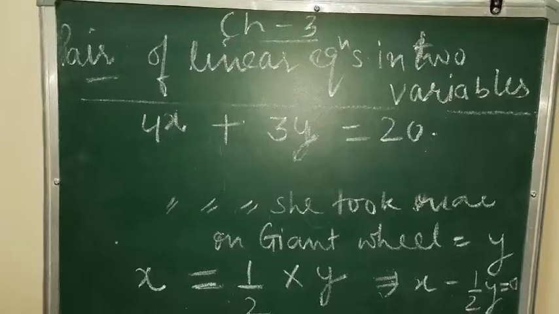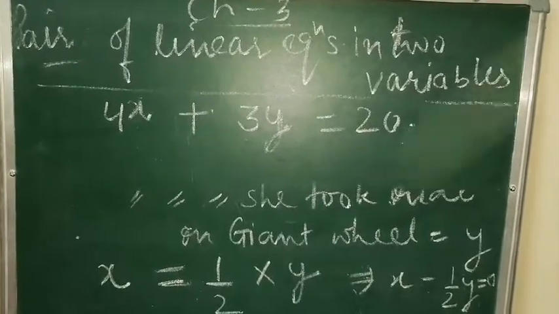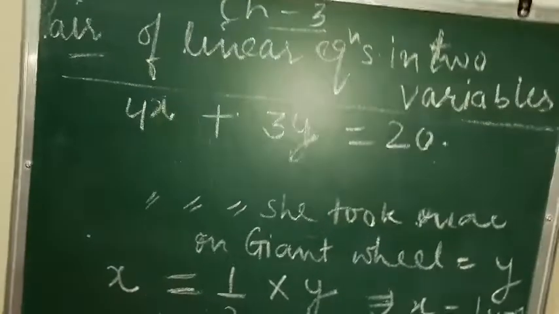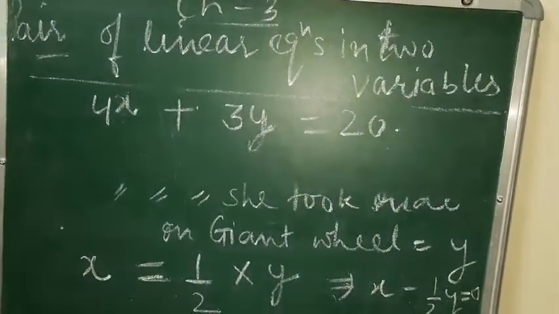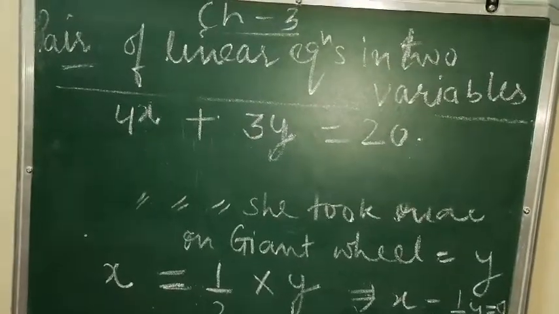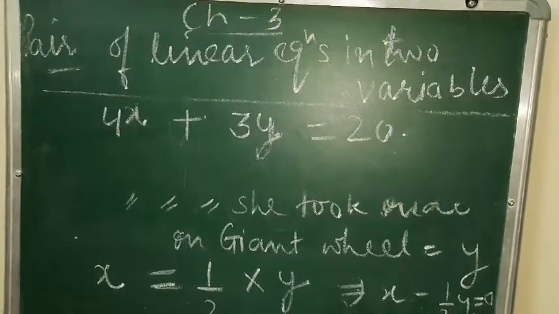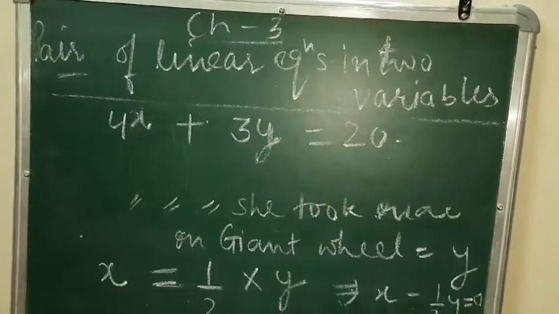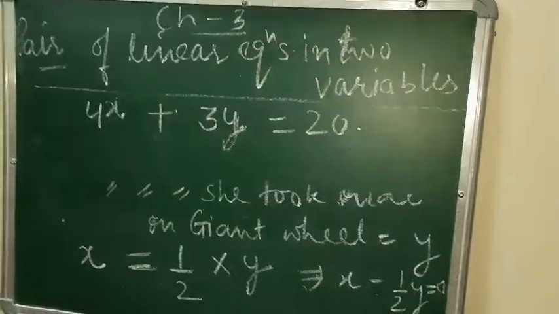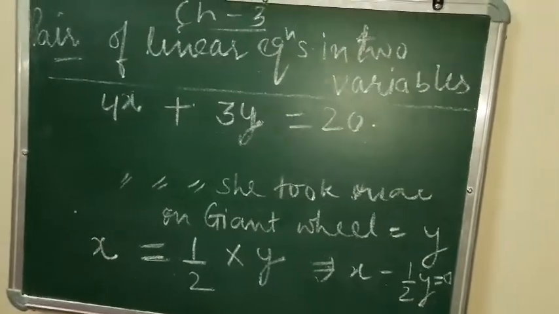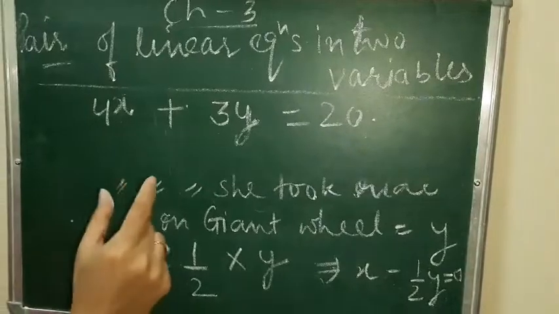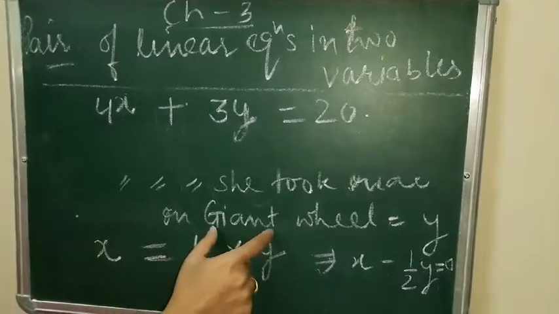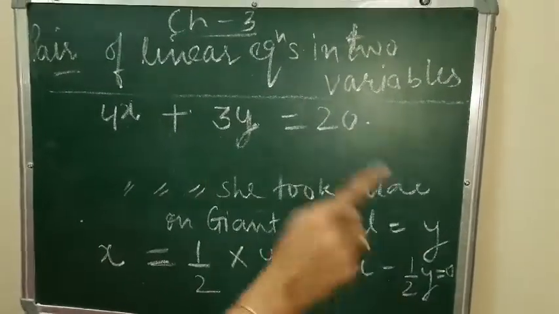Again I am repeating the question. Akhila is a girl. She went to a fair in her village, and in that fair she has enjoyed one, rides on the giant wheel, and another she has played the hoopla game. Now hoopla game she has not taken just once. Hoopla she has played a number of times. We don't know how many times she has played. Similarly, the giant wheel also she has taken the ride, number of times we don't know. So first we have taken the game she played hoopla. The number of times she played hoopla we have taken as X. The number of times she took a ride on the giant wheel we have taken as Y.